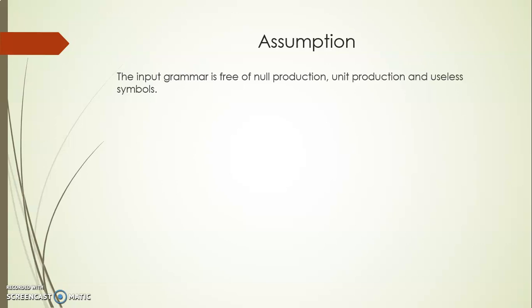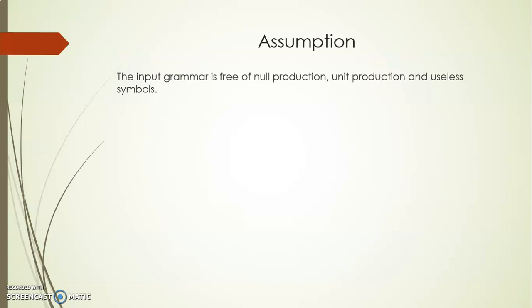An important thing we have to remember is that, given a grammar and asked to convert it into Chomsky normal form, first of all we have to check whether any null production, unit production, or useless symbol exists. If it exists, then those things have to be removed, and then you come to this final step. The order of elimination has to be followed as such. First you remove the epsilon production, followed by the elimination of the unit production, then followed by the useless symbols. We should not change the order of removing these things.